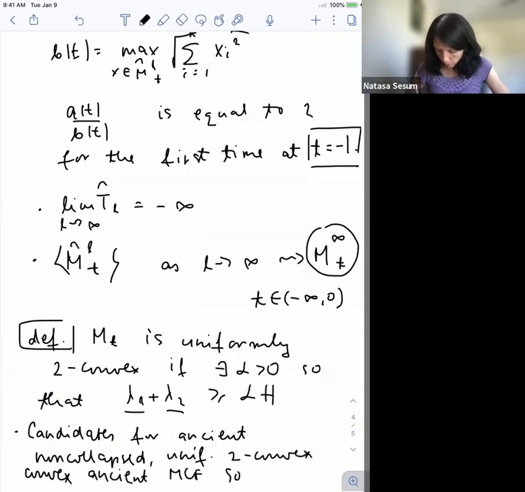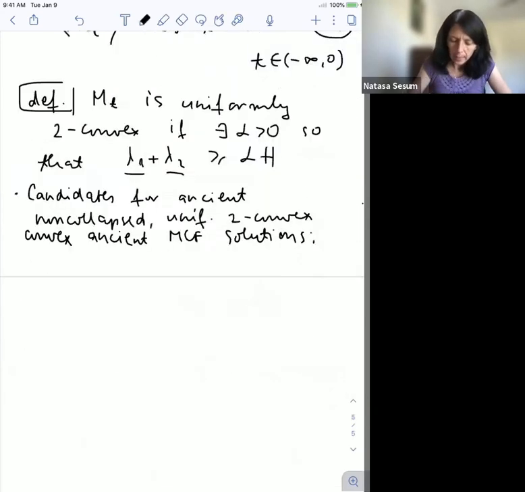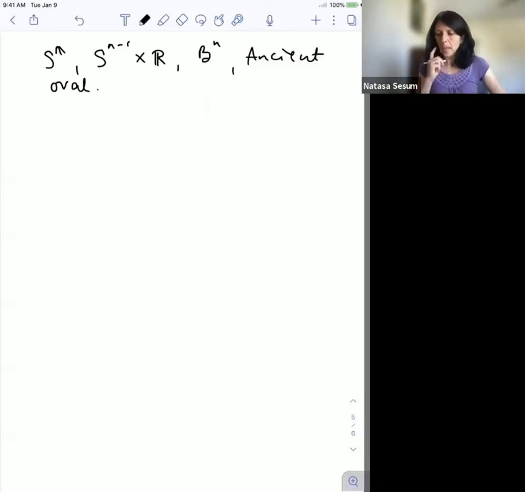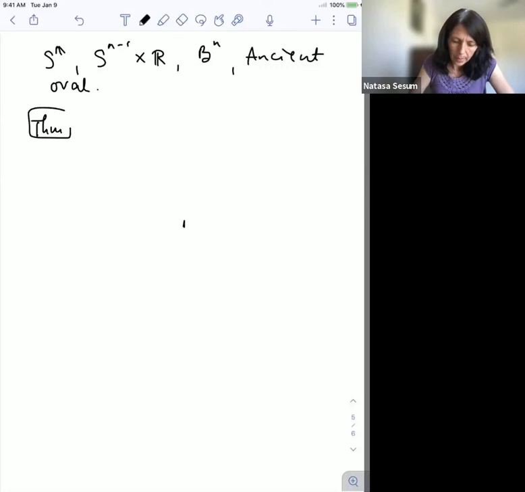Okay, so let's just write all possible candidates, and these are the spheres, and then round cylinders, the n-dimensional bowl soliton, and the ancient oval. Okay, so these are all candidates that we have listed and mentioned before. Now our goal is to show that these have to be the only ones and there is nothing else besides them. So there is a theorem of Brendle and Choi